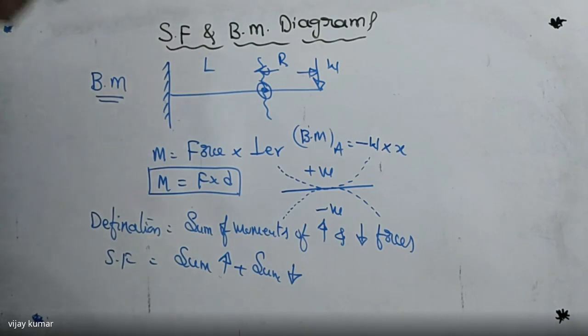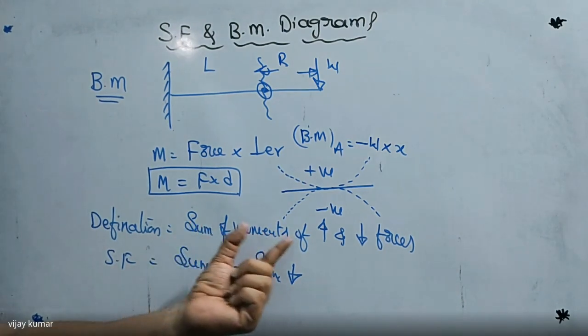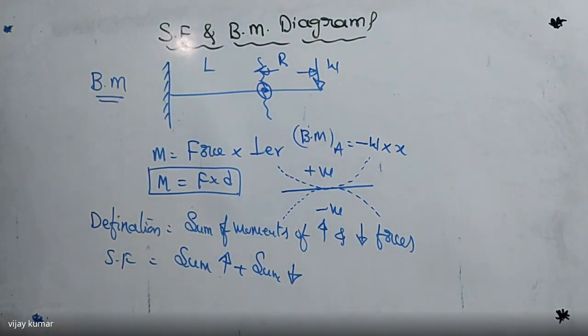After that, indicate the sign convention, meaning which force is positive and which force is negative. I have already told you which moment is negative and which moment is positive in the case of bending moment. So at the end, shear force is equal to the sum of upward forces and downward forces only, but here it is the sum of moments of upward forces and downward forces. That is named the bending moment at any point on the beam, and the shear force at any point on the beam. Now all points are clear here.